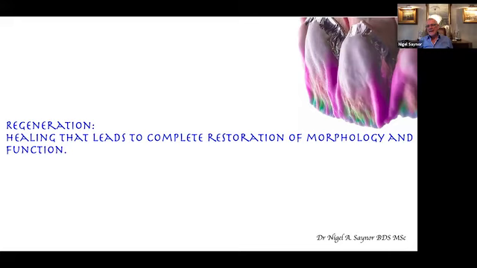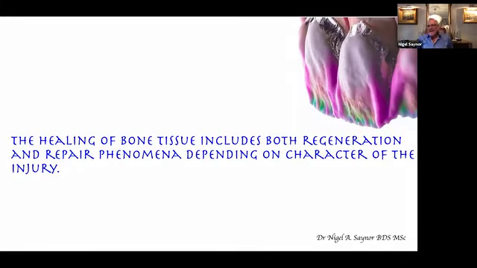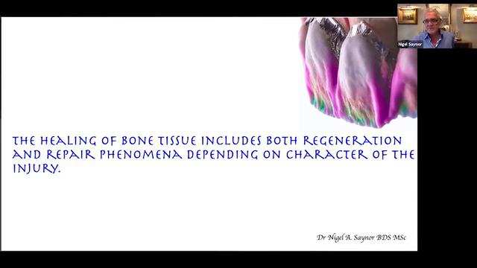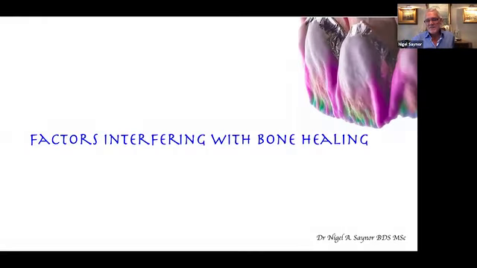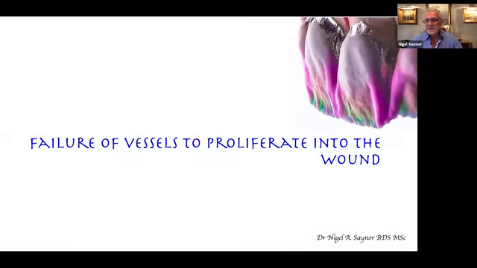Regeneration is the healing that leads to the complete restoration of the morphology and function. The healing of bone tissue includes both regeneration and repair phenomena, depending on the character of the injury. So the factors that are going to interfere with our bone healing are failure of vessels to proliferate into the wound. Obviously, you look at the hemostasis and the inflammatory,